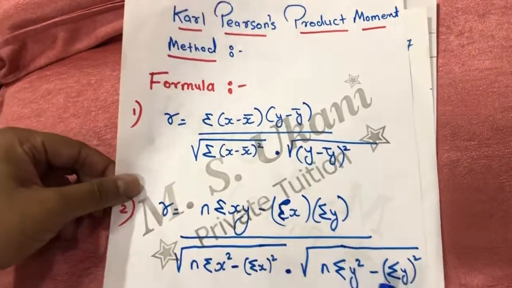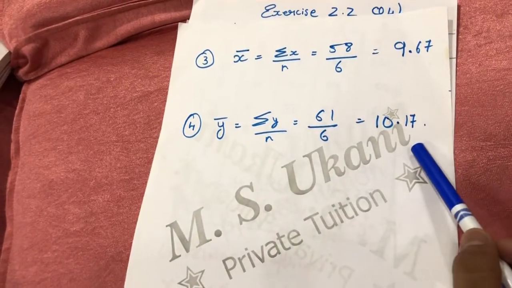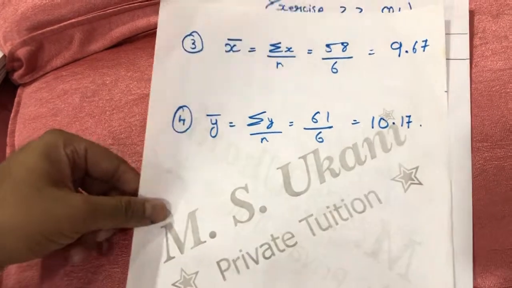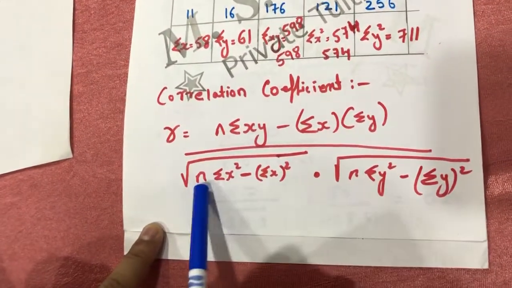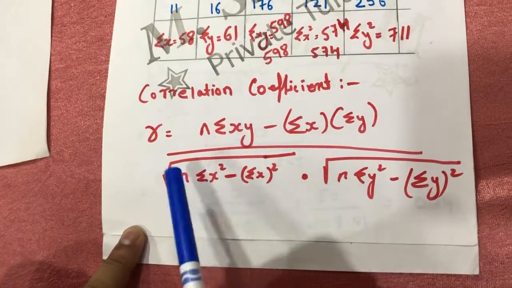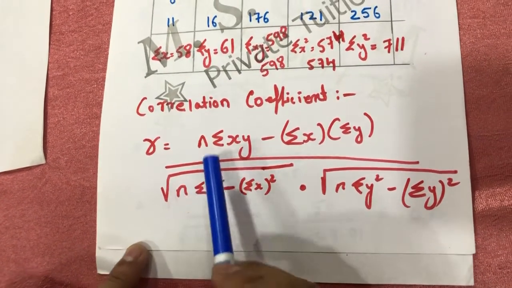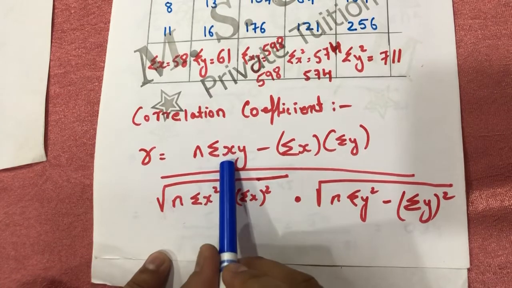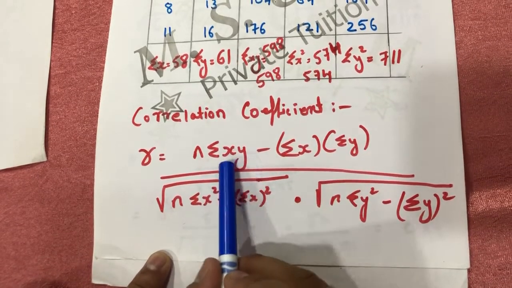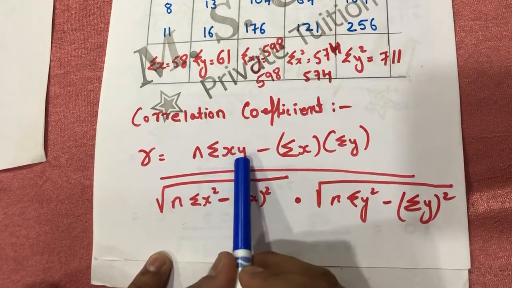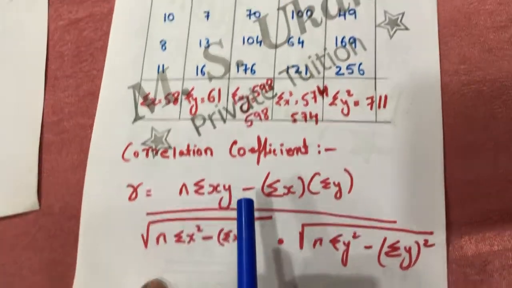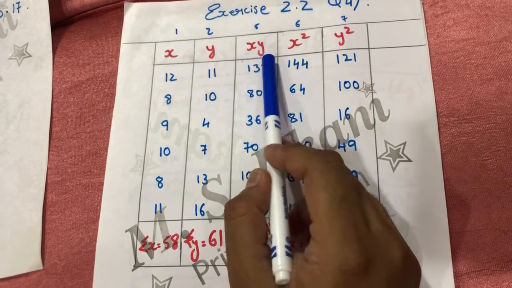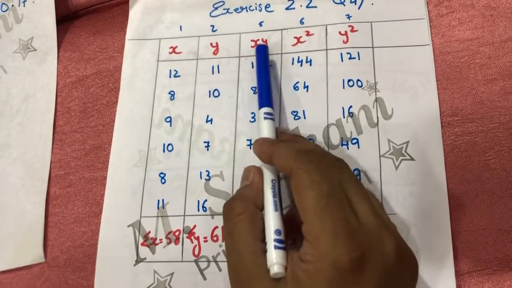This second formula we have to use for Karl Pearson product moment method. So after identifying the x bar and y bar, first of all we will write the formula in the sum. Okay, here we have written the formula. This is the second formula. So let us observe in the formula, here it is xy. The multiplication of xy is there. So we will prepare the next step, that is xy. Third column we will prepare xy.